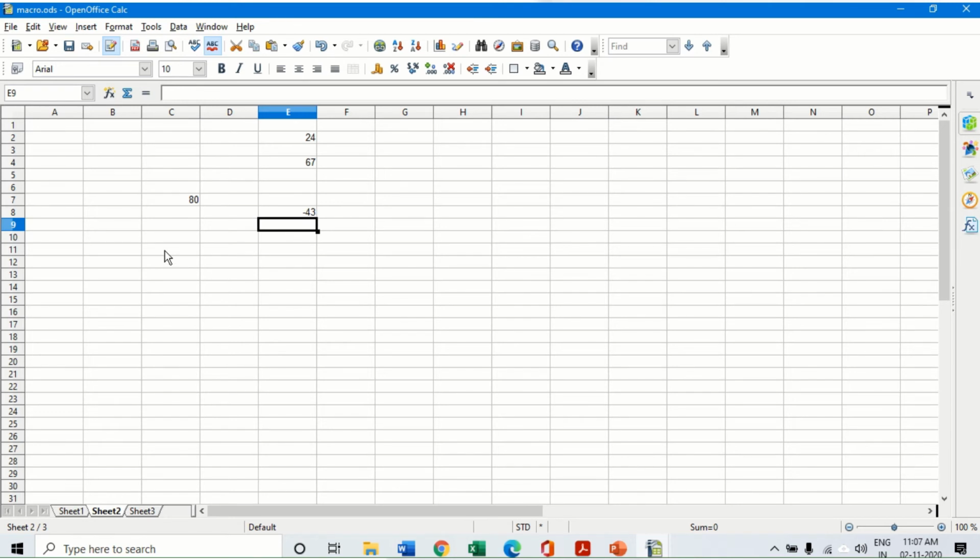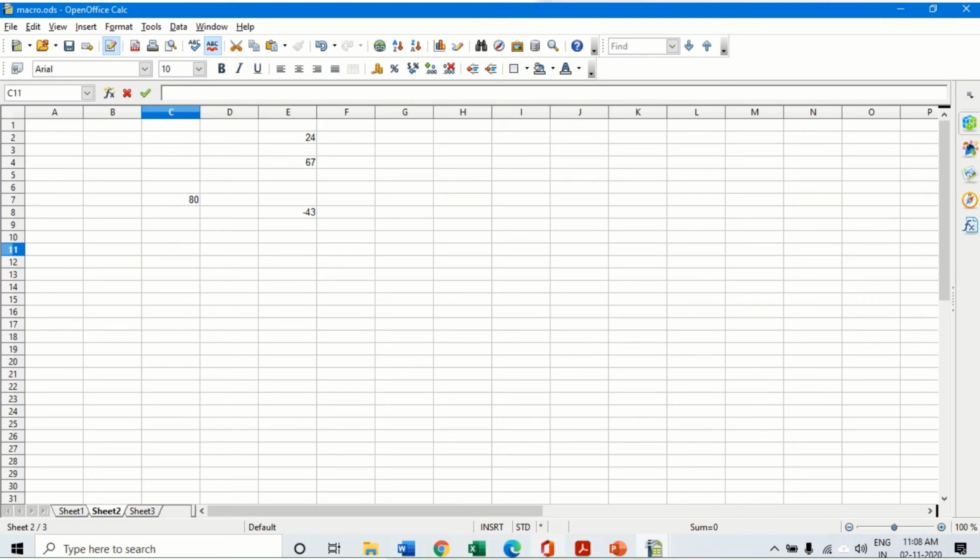But you will realize that if I try to write a function like sum, it will automatically show me the function, because the sum function or the max function, these are all built-in functions which are already there in the Calc spreadsheet. But if I try to write the function which I have created, equal to subtract, it is not showing me that function because it is not a built-in function.